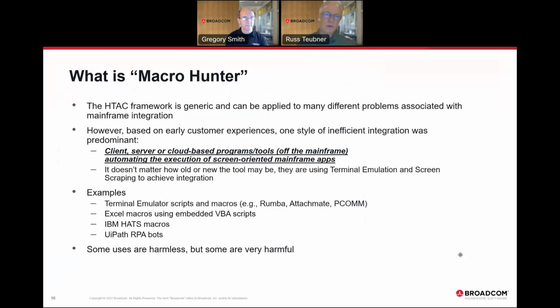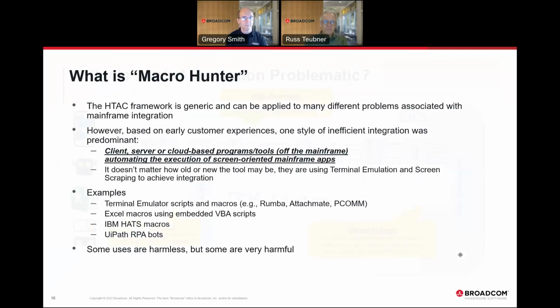We built the macro hunter component for you to be able to see this, assess its impact, and then remediate it as appropriate. Now, to be sure, there are some use cases of doing emulation and screen scraping that are simply harmless. But as you'll see in some of our demonstrations, some are very harmful and very wasteful of your